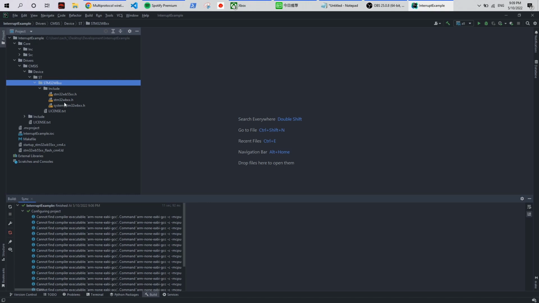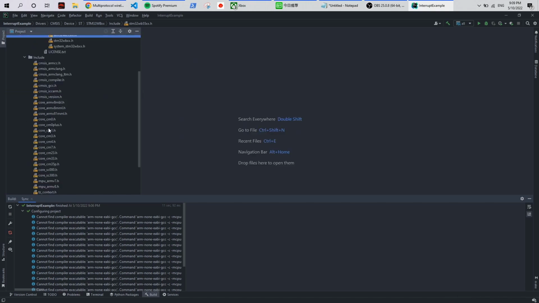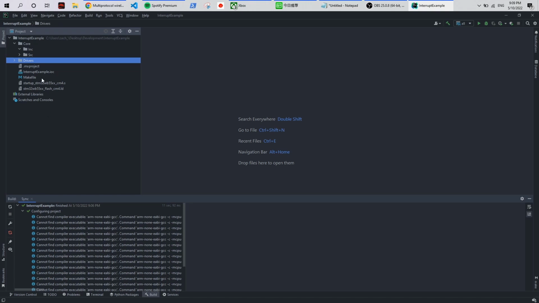And the include here, actually I don't think there's anything redundant here because we do need this header as well. This is the device header that the CM4 header here refers to. So we actually need to include this first and then include the other header. But before we do that,